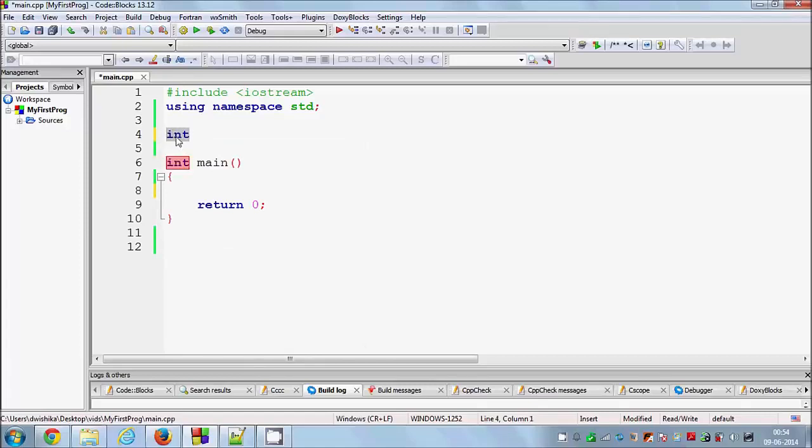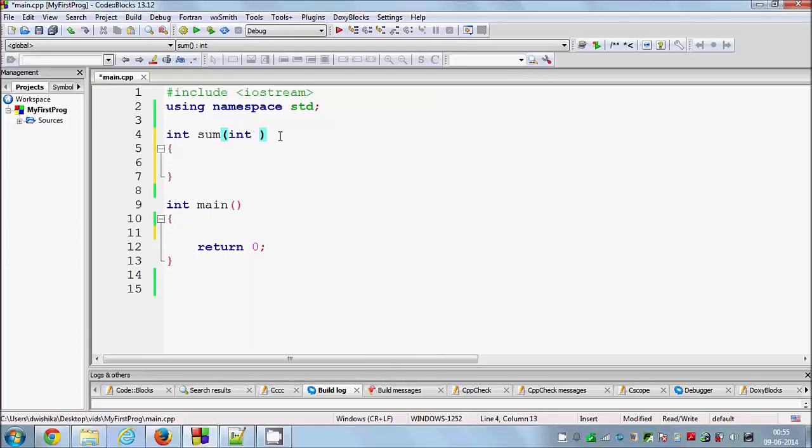Whatever data type you want to return, just write it in the declaration here, and then write the name of the function. For example, sum. And once again, if you want to pass two parameters, just give the declaration of those two parameters here.